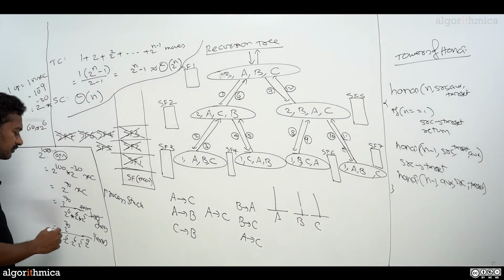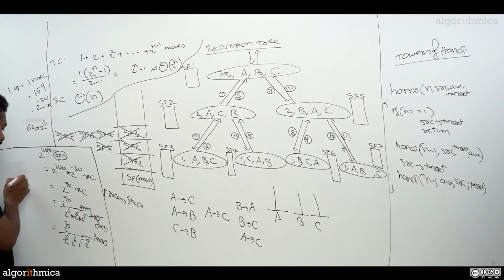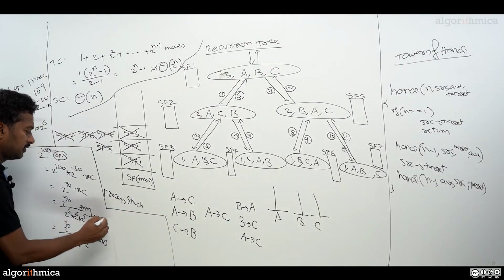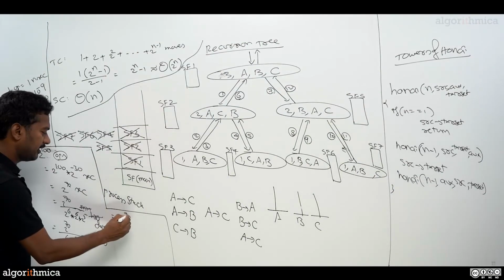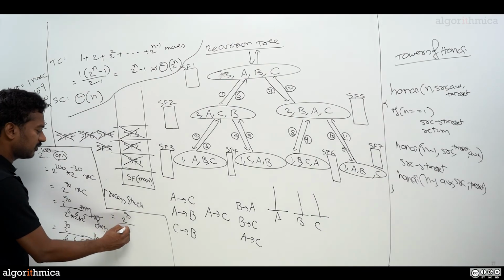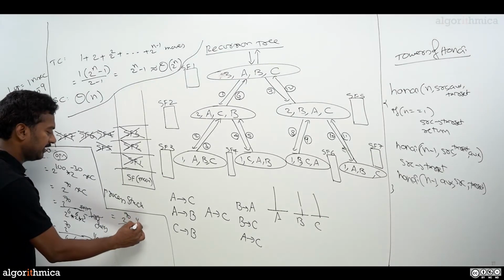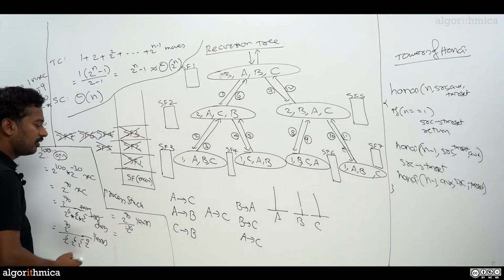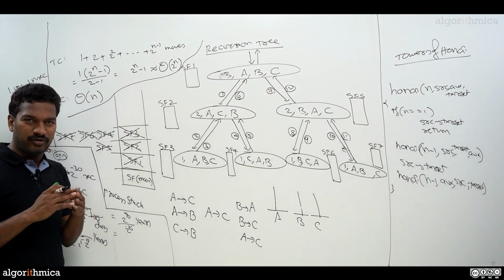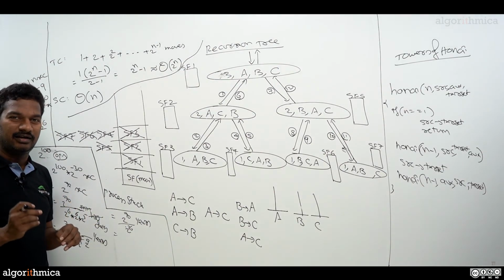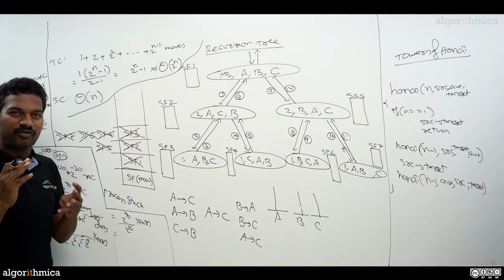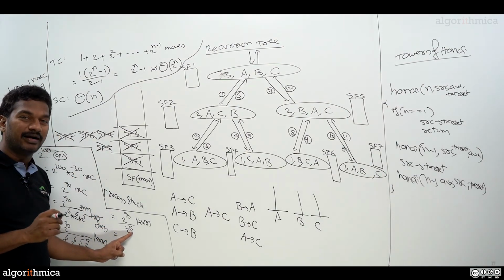How much is this value? Adding the exponents: 9 plus 5 is 14, 14 plus 6 is 20, 20 plus 6 is 26. So it is 2 power 26 years. Now let's take our lifetime. Taking the highest human lifetime, 150 years, it's not going to work, but take 150 years. I'm going to divide this by 150.